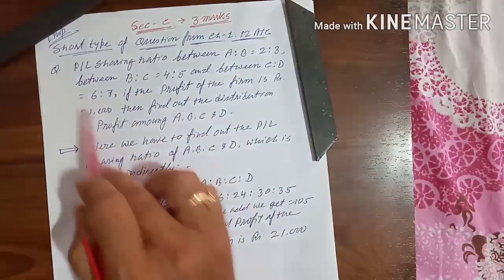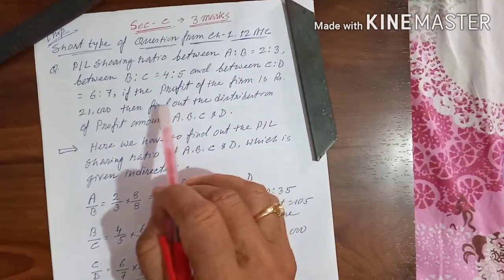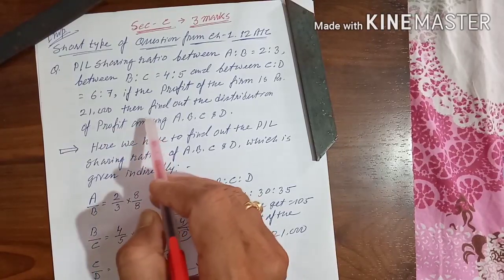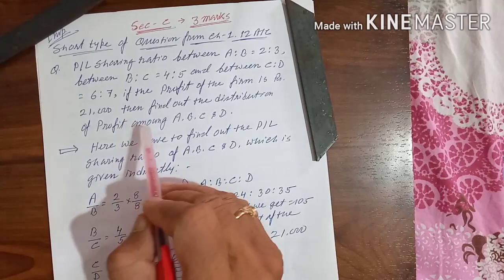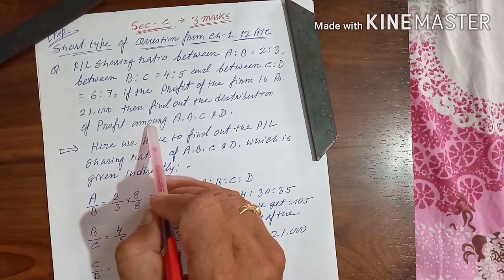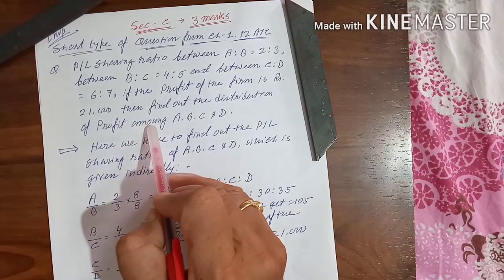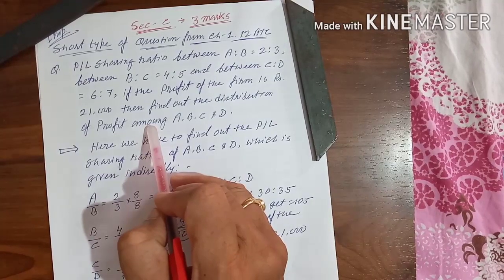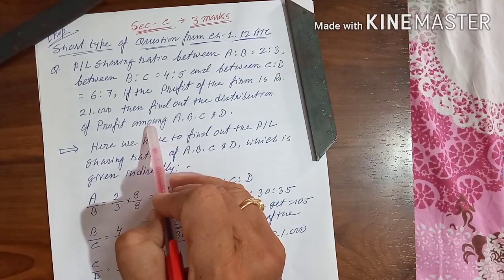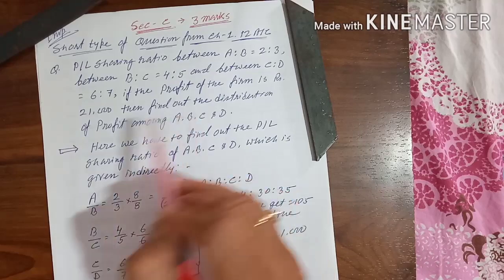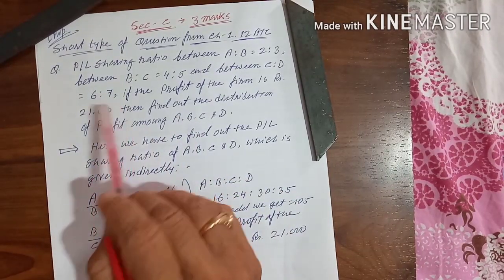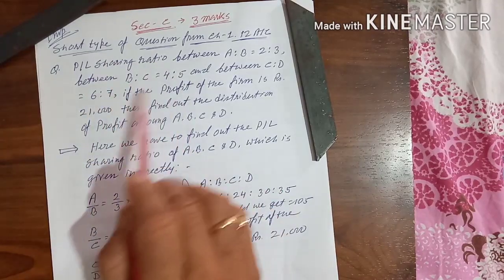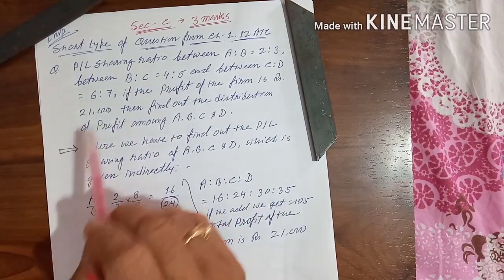By seeing this question, you will think that this is a different type of sum, and that we did not get this sum from your textbook. Whatever sums are given in your textbook, those are only for practice. That does not mean that questions will come from your textbook only. Different types of sums which are not given in your textbook may also come. So let me show you what this type of sum is and how to solve it.